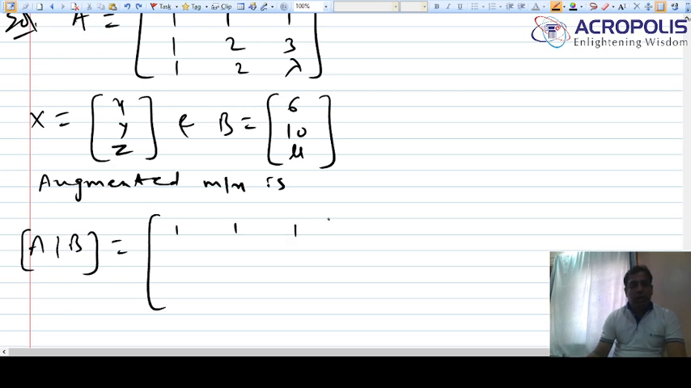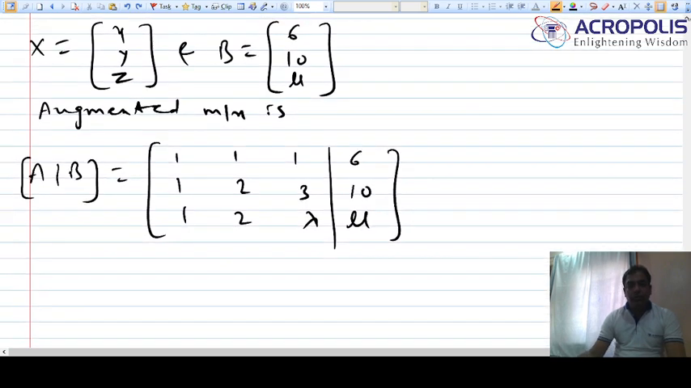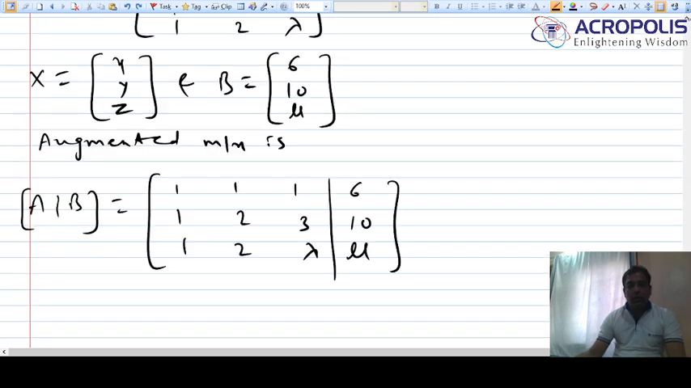1 1 1, 1 2 3, 1 2 lambda, and this is B: 6, 10, and mu. Fine. So